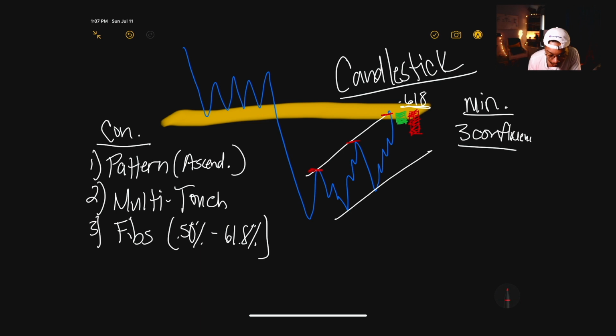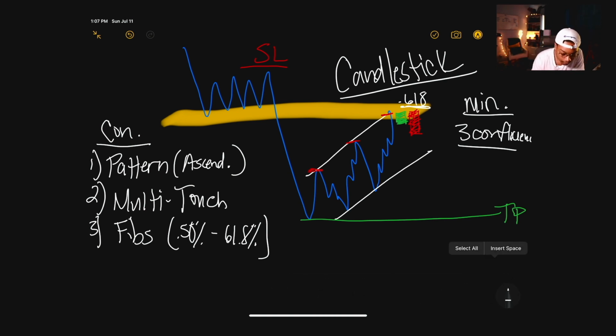So where would my stop loss be? My stop loss would be up here, right? This is where I would put my stop loss, right? And then my TP would be down here at the next, right? So in this case, with this drawing, I also use as a confirmation, right? So the fourth one is candlesticks,